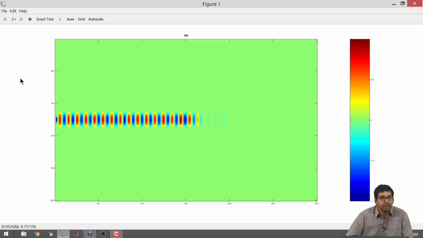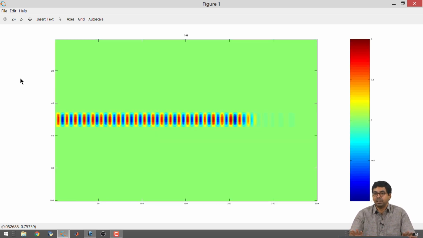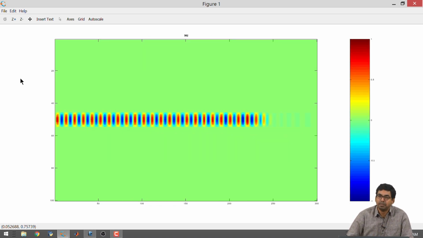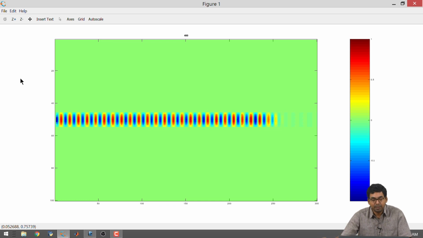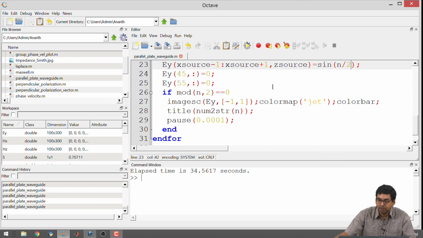Seems like that fixed it. Now we have to verify whether we are right or not. We want to go well below the cutoff. I have not calculated any cutoff frequency here, I am just going to determine it by doing these experiments. It has traveled and I do not see any exponential decay. It is clearly a guided wave traveling between 2 plates, going from one side to the other. I would like to verify if this is truly an issue of the frequency.